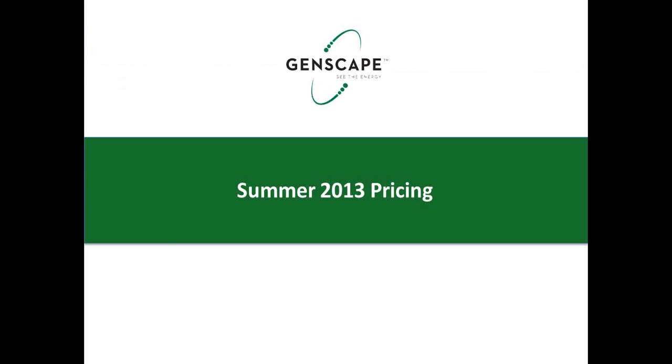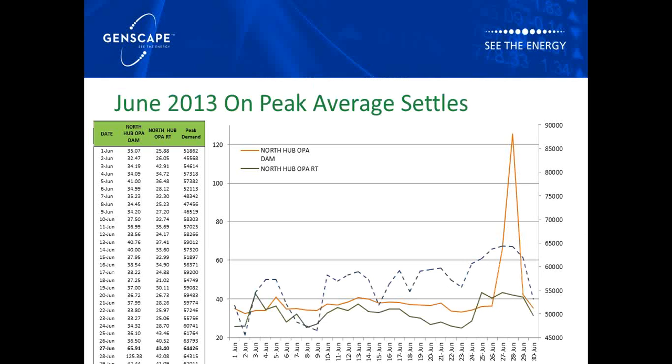Now I'm going to talk about pricing last year. So here's a look at June. You can see we have the price per megawatt hour on the left-hand axis, and we have megawatts of demand on the right-hand axis. You can see that June followed a pretty typical day-to-day schedule, or I guess pricing events as we typically see, with positive DART spreads.